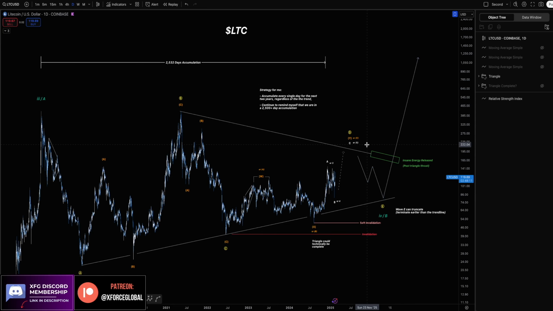With that being said, I am a little bit late in terms of identifying this overall pattern, or getting into Litecoin, that is. I believe I'm about 5 years late. I haven't accumulated any Litecoin whatsoever, but what's the point? I think I have another 2 years or so, even considering the possibility that this might go for a strong pullback that might give me that DCA opportunity that I have also been trying to get out of XRP. And that has been extremely rewarding to me as a trader and investor,